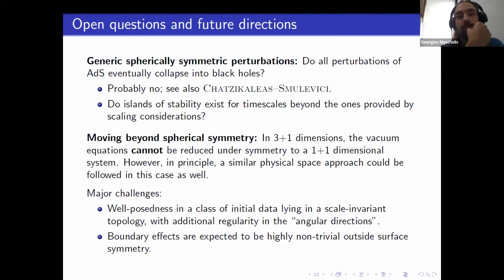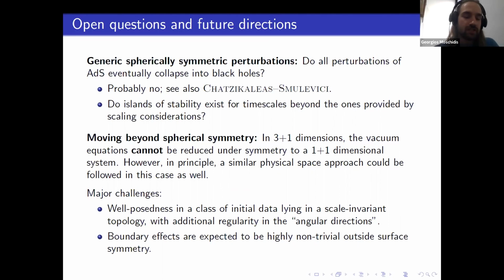Nevertheless, the most interesting question in that case is the question of proving the ADS instability conjecture in vacuum, in the absence of matter. And of course, in that case, one cannot reduce the problem under spherical symmetry. One really has to work with 3+1 dimensions. And of course, the mechanism that I just told you about is very spherically symmetric. However, I would expect that in principle, the main